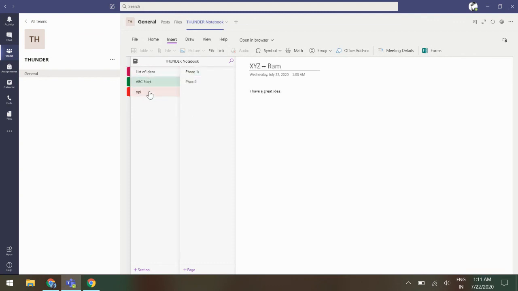This is just for those who already have this OneNote but never use it. So this is just a brief idea. Have fun exploring it and use it for staying arranged, so that your entire work is in one place, and your entire team has access to it.